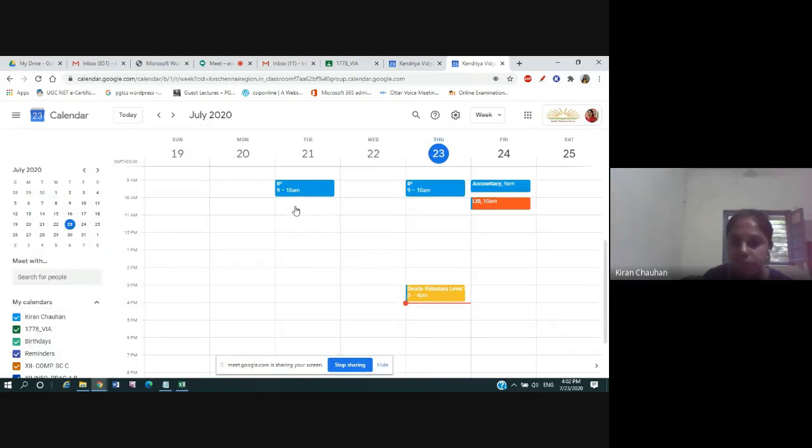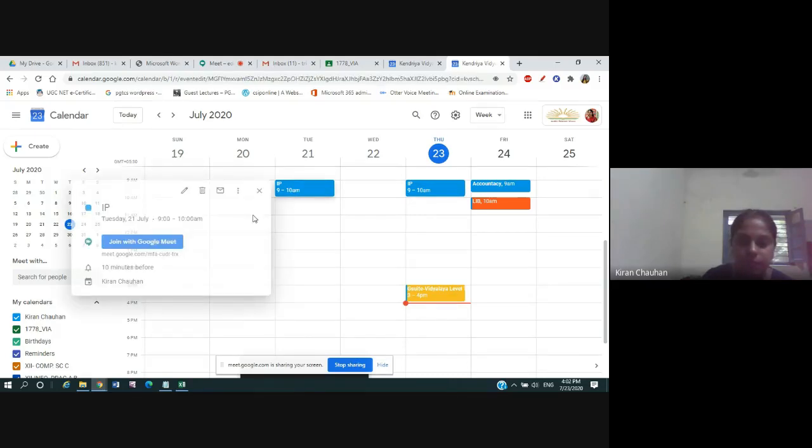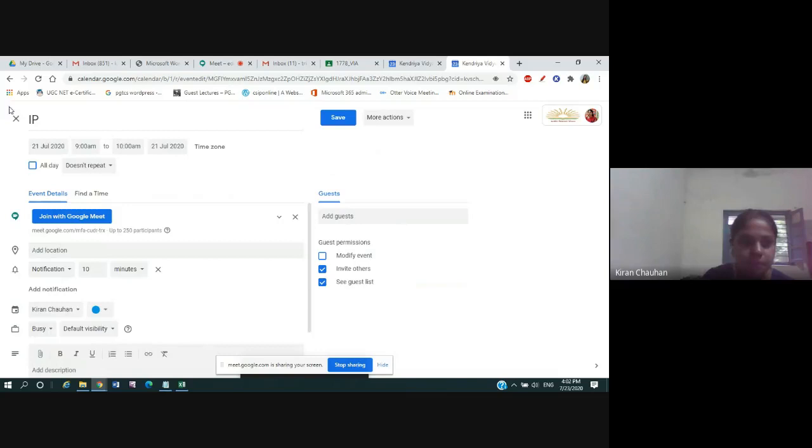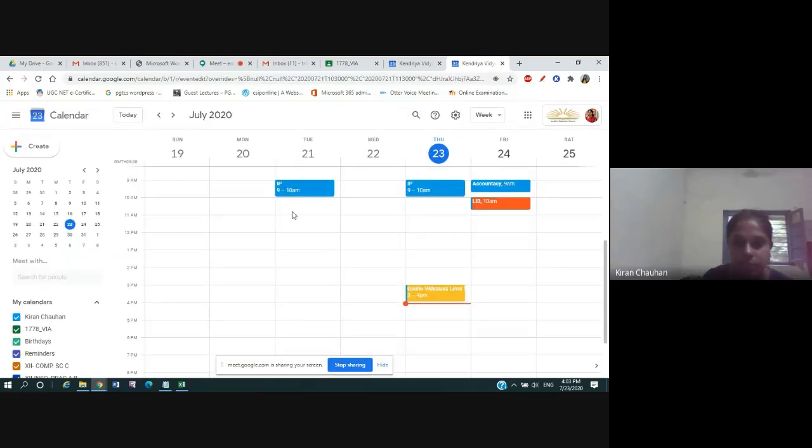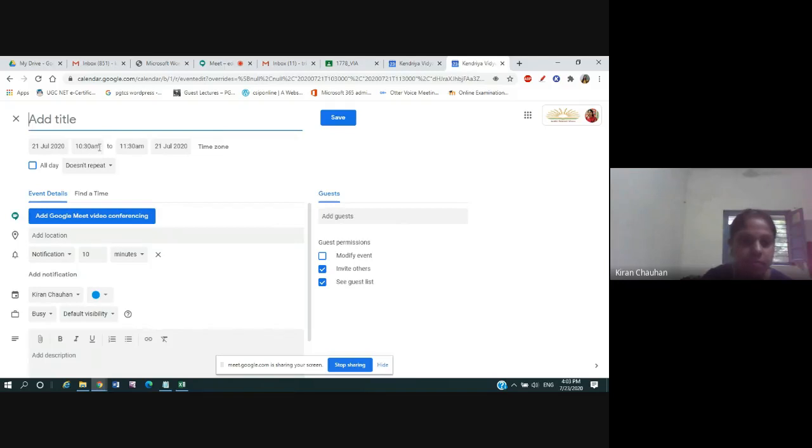Again, if I want to create an optional class for 9 to 10 a.m., as a Hindi class for example, I will click again on the same date and create a calendar event, with the same timing because the timings are the same for these classes.